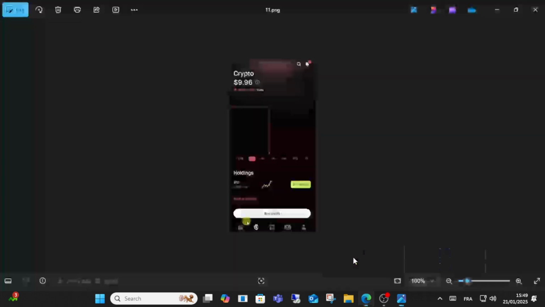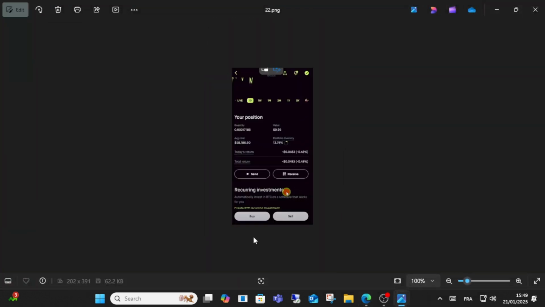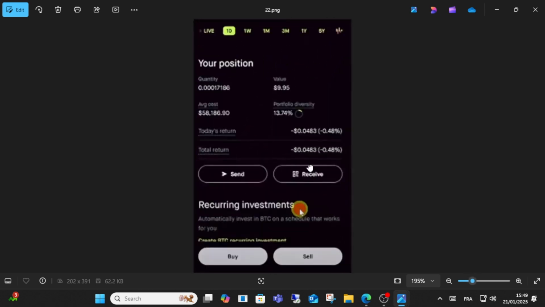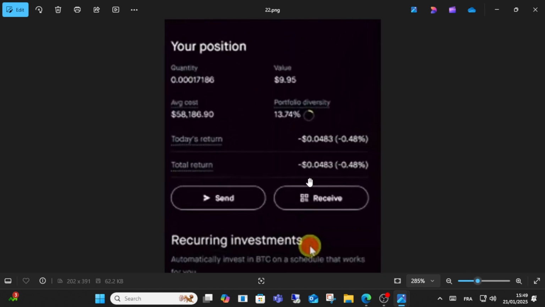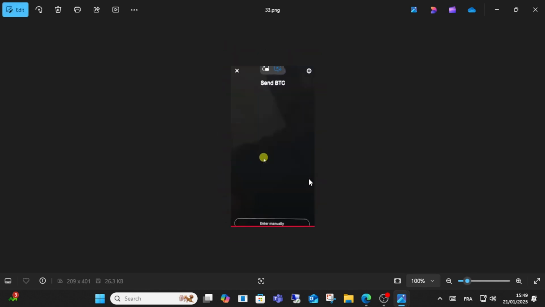First guys, open the Robinhood wallet and click this icon, as you can see here. After that, just click the receive option from here in the Robinhood app. And after that, select the wallet address you want to receive to. Once you select your address, go to Webull Pay and click